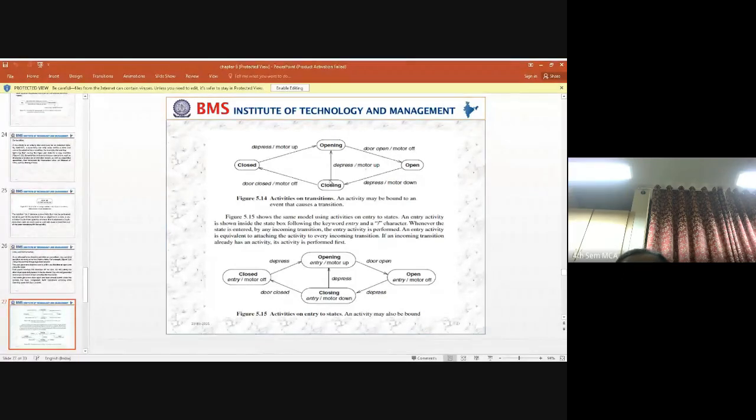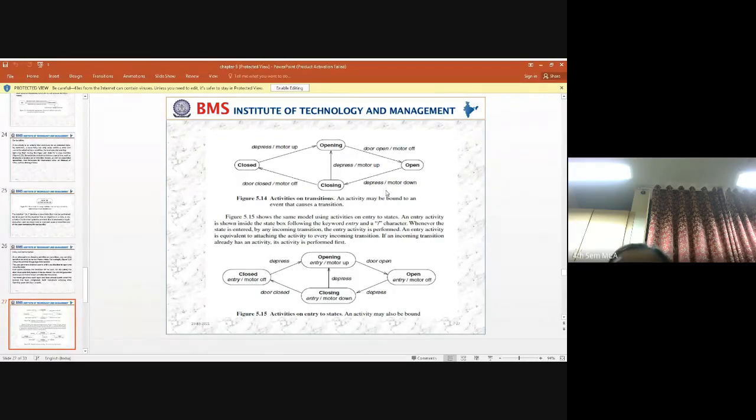When it moves from the down state to the up state, from closing it will move directly to the opening state, and the door gets opened. Or else, from the closing state it will go to the closed state and the motor will go down. So this is how the different transitions can be performed.